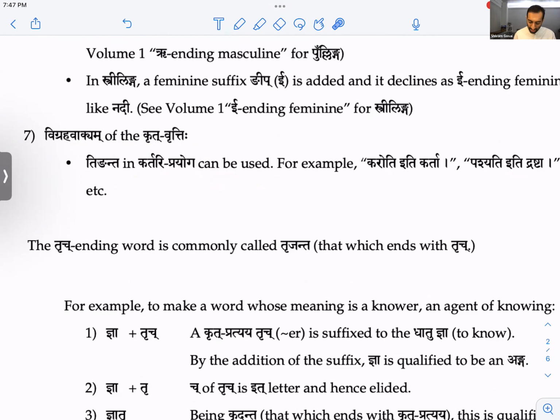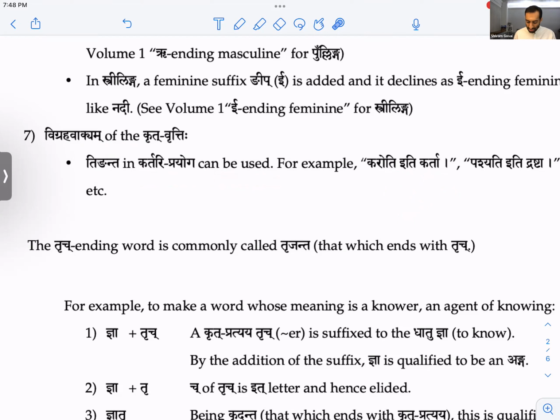For example, if I'm making the word karta, right? Karta is a Trich word. I can say karoti iti karta. It's the same root, but I just put it in latlakara kartari prayoga.